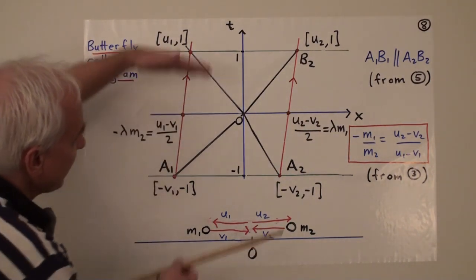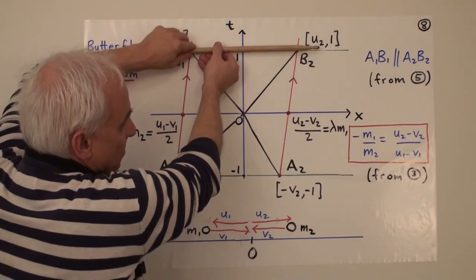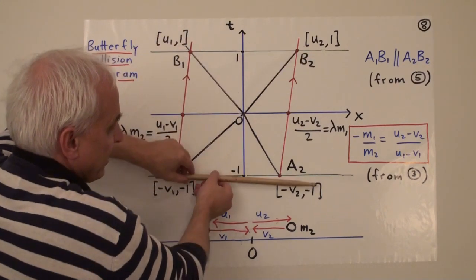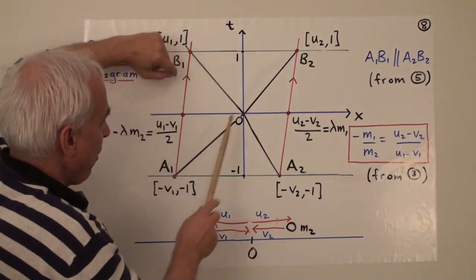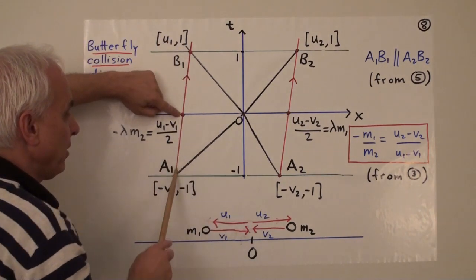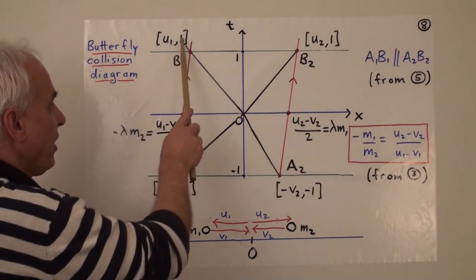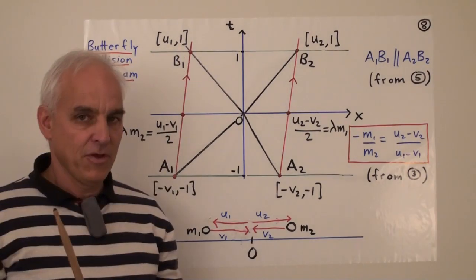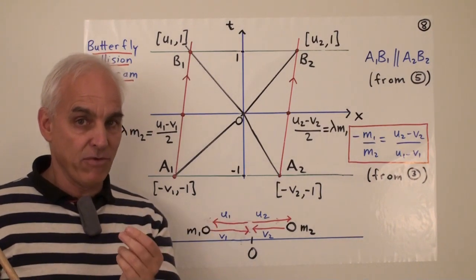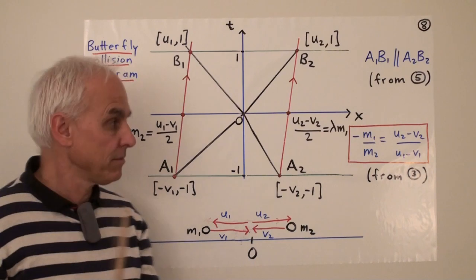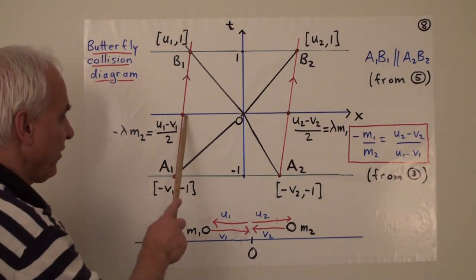The second remark is that since this line here is obviously the mid line between this line and this line, we have parallel lines here and they're equally separated by 1. It follows that this point here is the midpoint between these two, so we get it just by averaging the coordinates. Remember, the midpoint between 2 points in the plane is just obtained by taking the average of the x and the y coordinates. So the average of 1 and minus 1 is 0. Yes, as it should be.